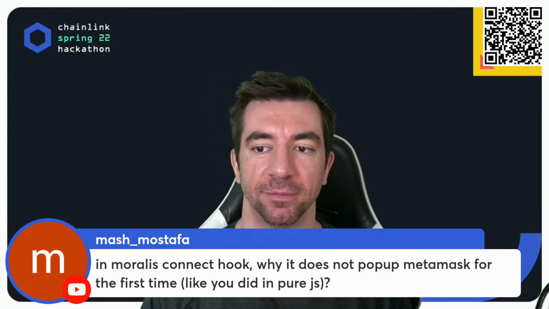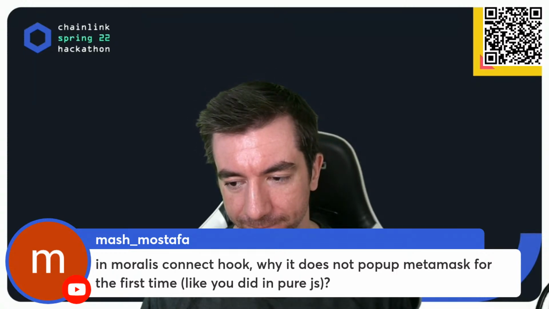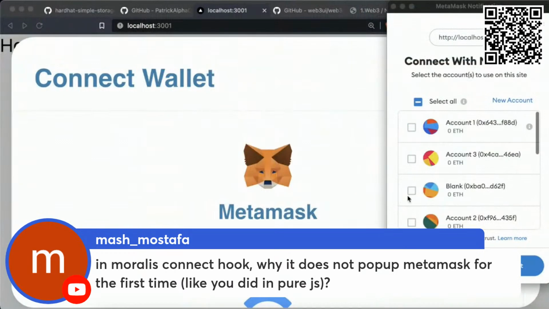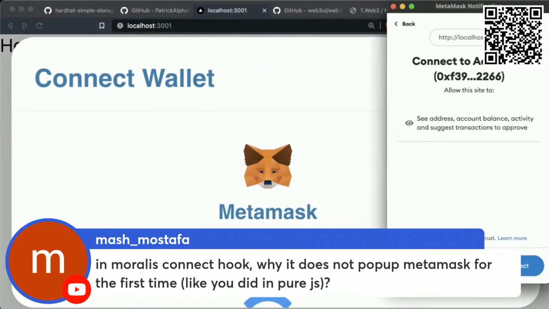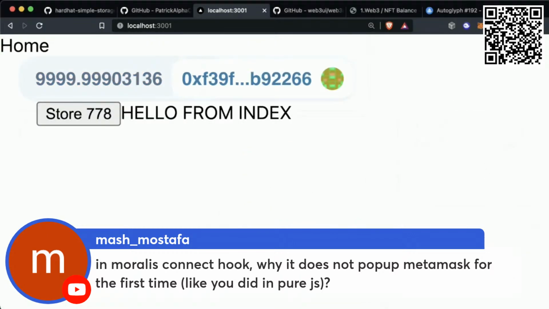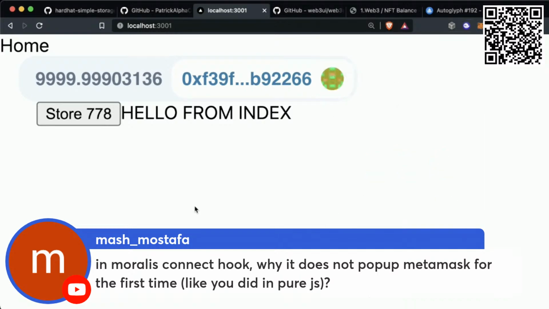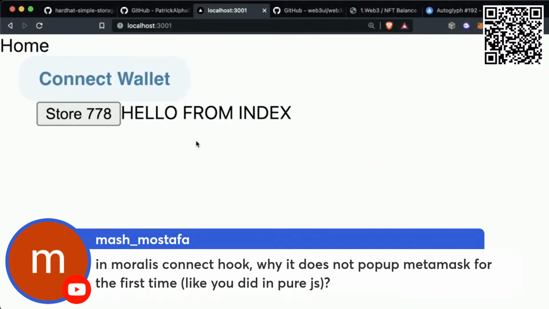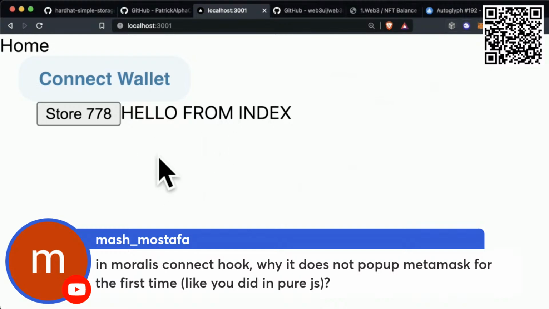Now, if I hit connect again, select MetaMask. Oh my God, I'm not showing my screen. Sorry. So if I connect, my MetaMask says that it's connected. Connected, woohoo. And if I click this, I disconnect, but I only really disconnect from my app. My app says, hey, you're disconnected. My MetaMask goes, hey, nah, you're still connected.